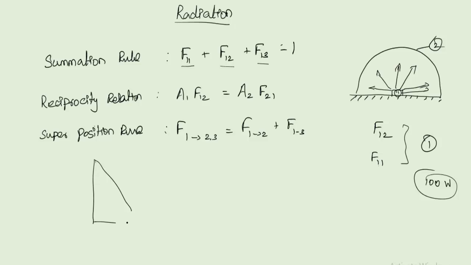Consider a triangle like this. Okay, this is surface number 1. From this point to this point, it is called surface number 2. And from this point up to here, it is surface number 3. Now consider that the surface number 1 is emitting radiation in this direction. Now F1 to 2, 3 is nothing but the total amount of radiation which is emitted from the surface number 1 and received by the surfaces number 2 and 3. So this is called F1 to 2, 3, which is equal to